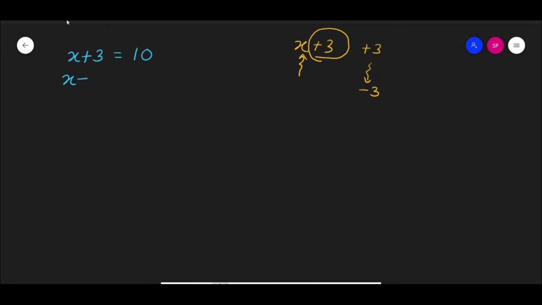So how do you solve this equation? You have to use the knowledge of the inverse operation. Look at this one here, minus 3, because I identified that the operation with the unknown is plus 3. This is the inverse operation. I have to do it on both sides because it is an equation.